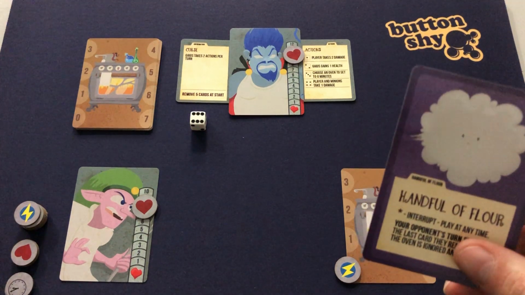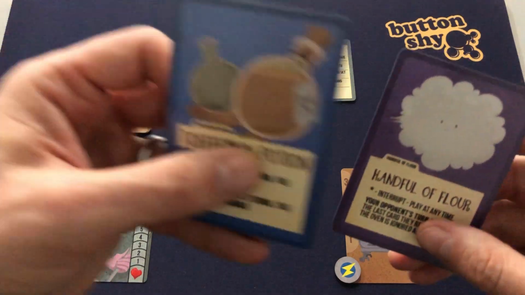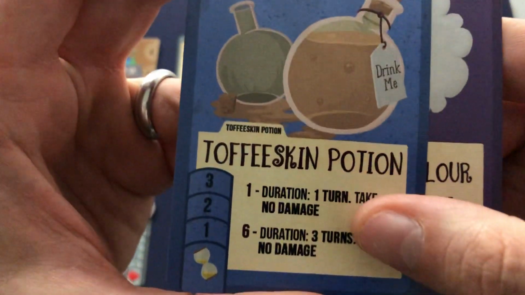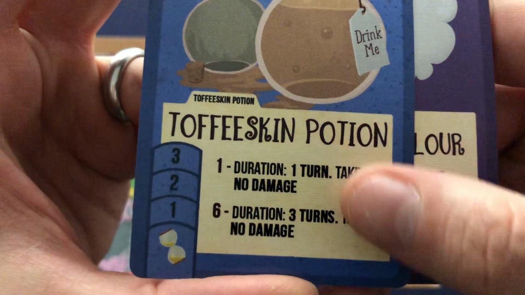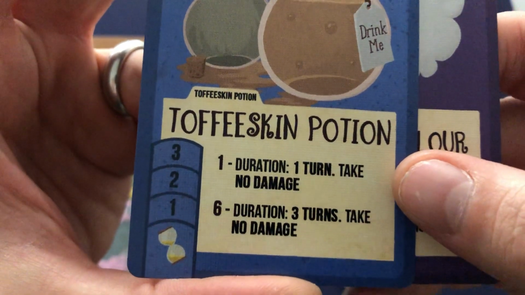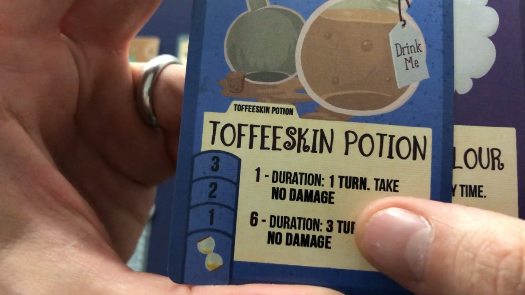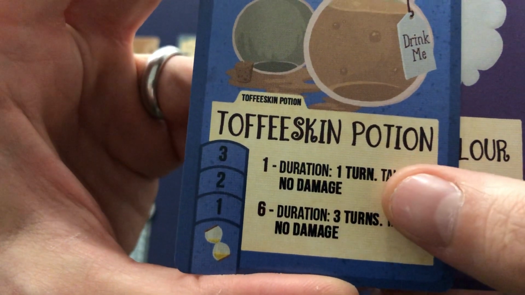Let's let him take an action. My second action is I'm going to draw another recipe, because I'll just have to draw it anyway. So I can't do anything with this, but this is an interesting one, toffee skin potion. Okay, so if I put it into the oven, if I take it out after 1 turn,